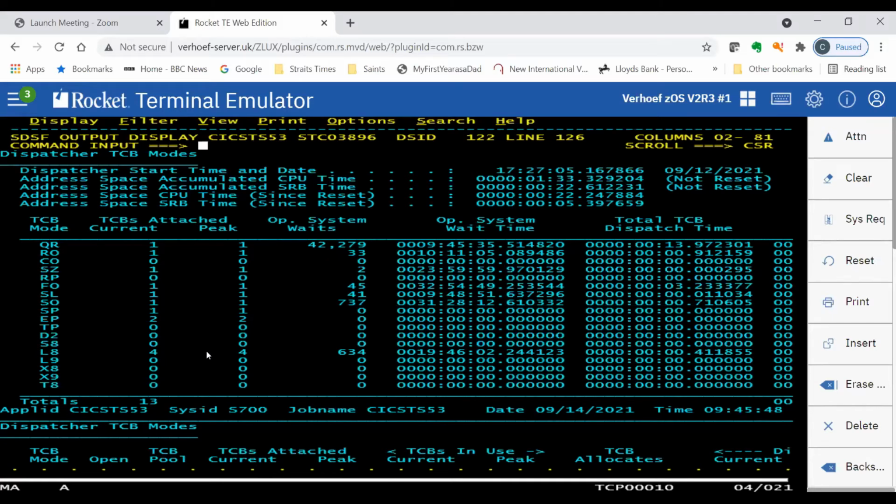The L8 TCB is being used by both DB2 and MQ, and so this happens whether you're thread safe or not. So in a typical non-thread safe environment, I would expect that most of the CICS activity, all the EXEC CICS commands, are being active under the quasi-reentrant TCB.